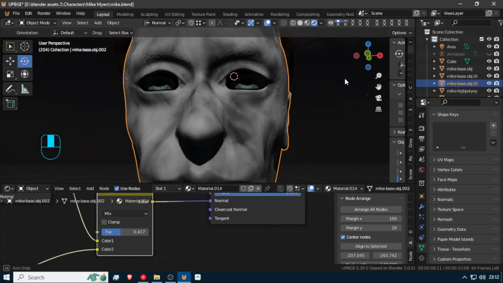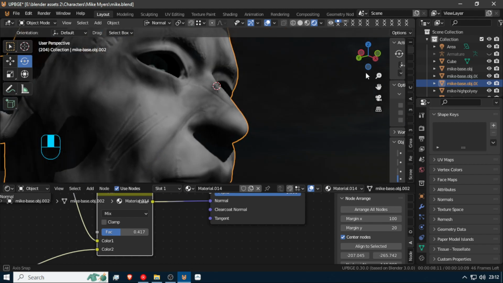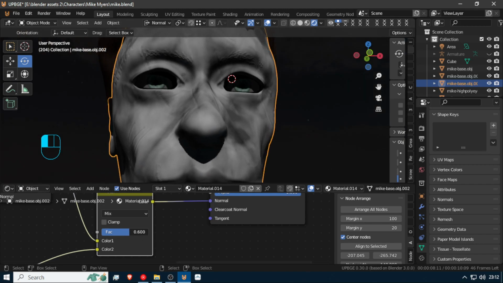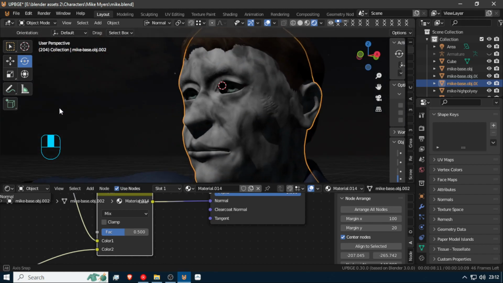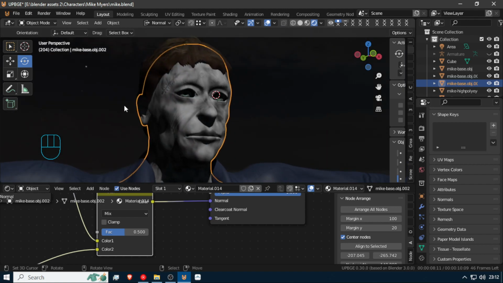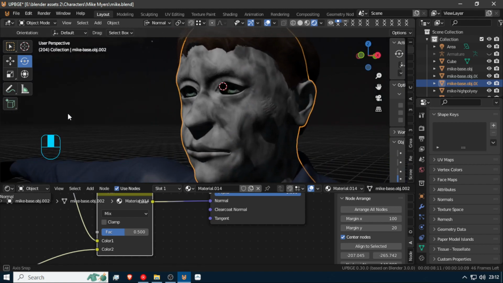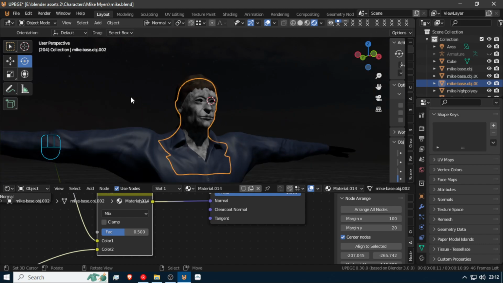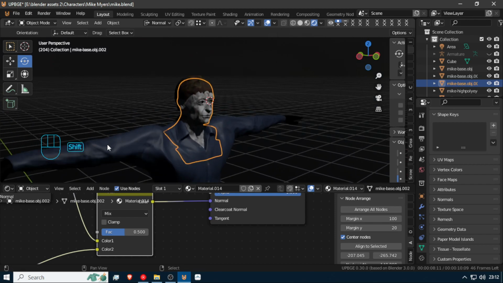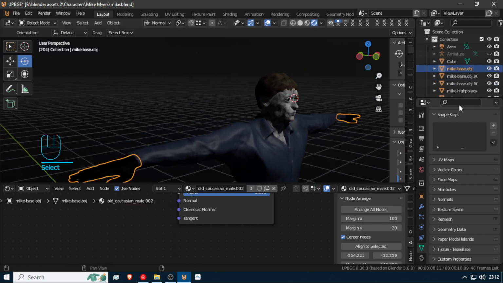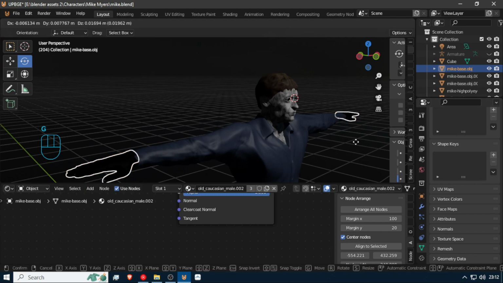Okay, so mix works. Okay. And I messed up the ends. No, I did not. Because